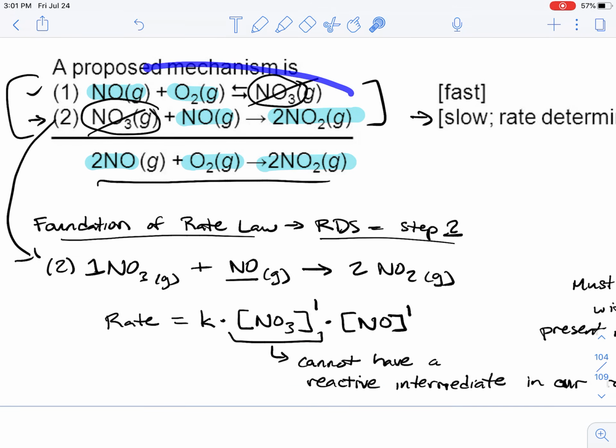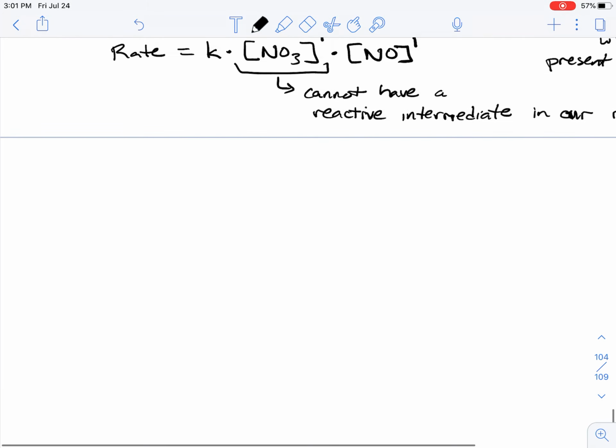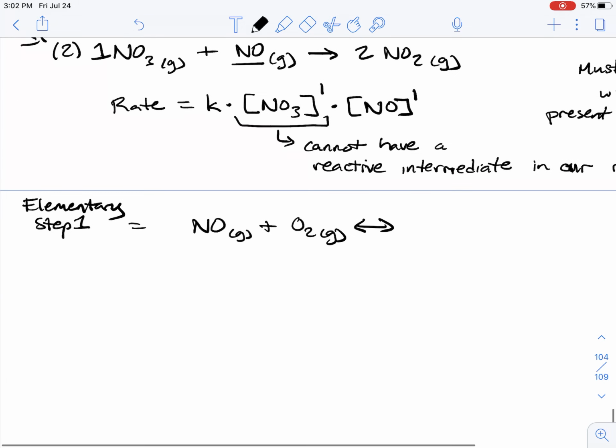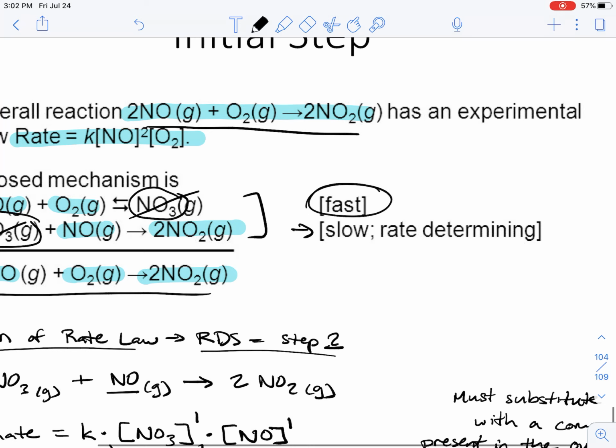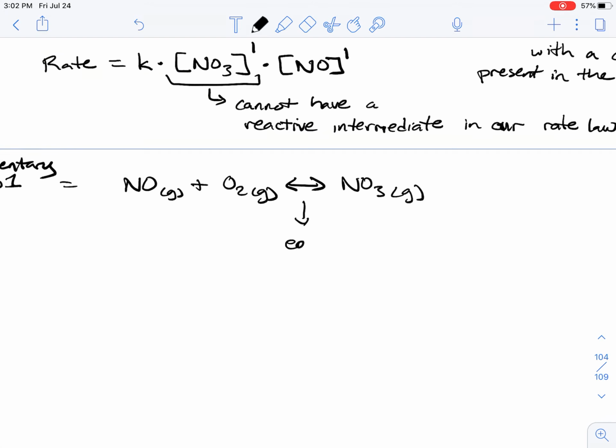And so let's go ahead and take a look at the first step, and I'll rewrite the first step on the next slide. So we have elementary step 1, we have NO and O2 gas. And notice how it's a double-headed arrow. Okay? And it'll produce NO3. And so, since this is a fast step, it's going to reach an equilibrium very quickly. And so this equilibrium is going to represent,